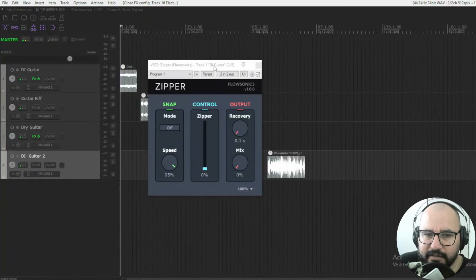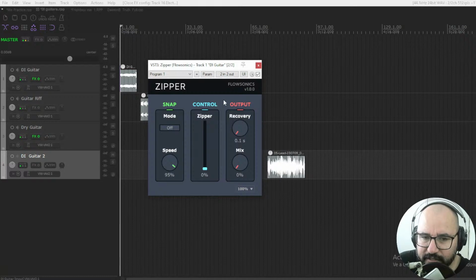Let's move on with the next freebie in this list. This is the Zipper delay plugin by Flowsonics. It's an unusual, a very weird delay, I would say. It will create a slap back echo type of effect, but it has an interesting touch. This zipper control, or this zipper function that you have in the center,